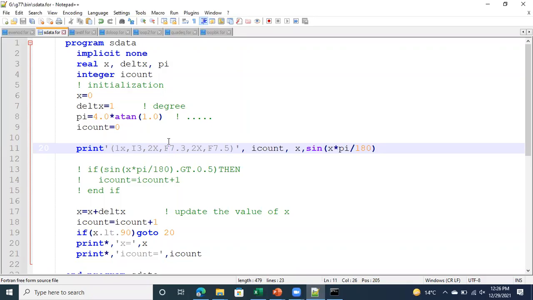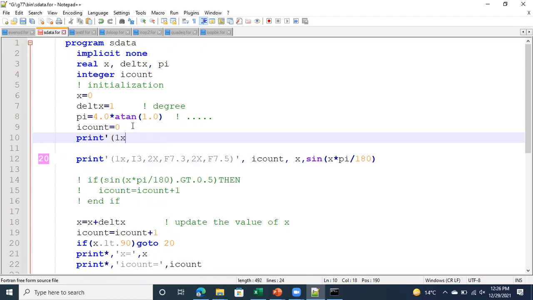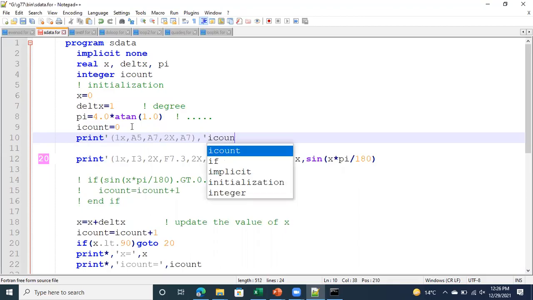Generally, before printing the data, I also add titles to that. So titles are basically characters. We are now not going to use the default printing. So say, I would say I3, A5, so A5, A7, 2X, A7. With A, I mean I'm going to write strings of the data. And now I'm going to write here the count